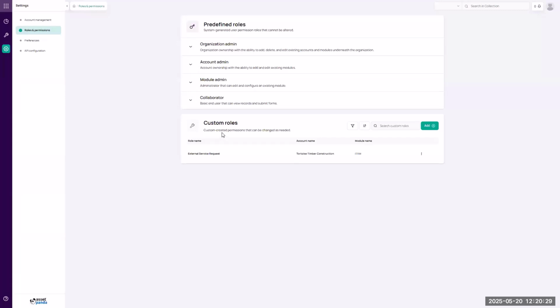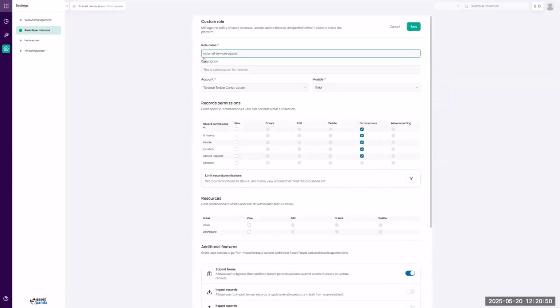Or maybe I have end users that I really want to simplify their process. I don't want them to have to come in and filter through information to find things. I just want them to be able to come directly to that one form and fill it out. That's completely doable with our custom permissions. So if I come into this custom permission role here, just so you can see what I built,